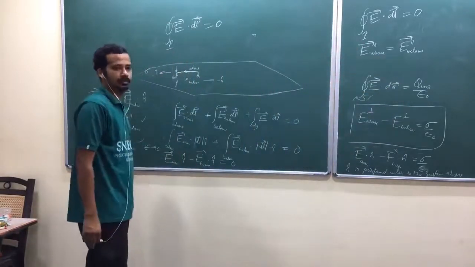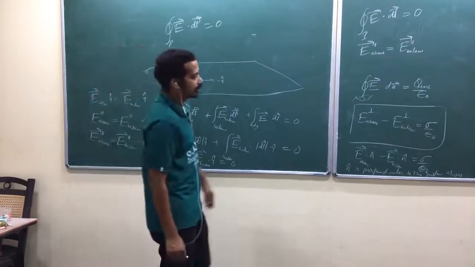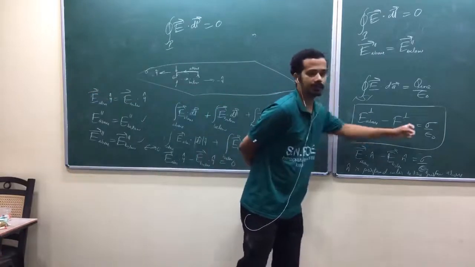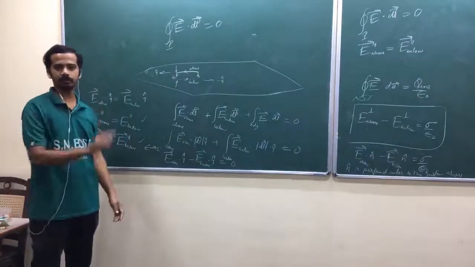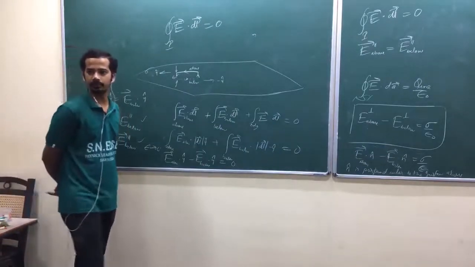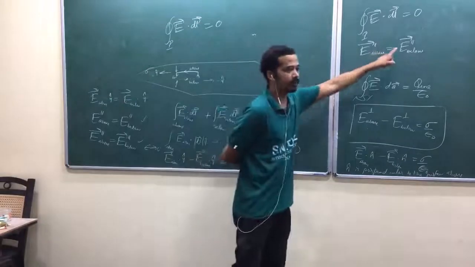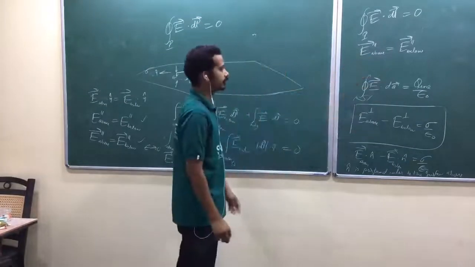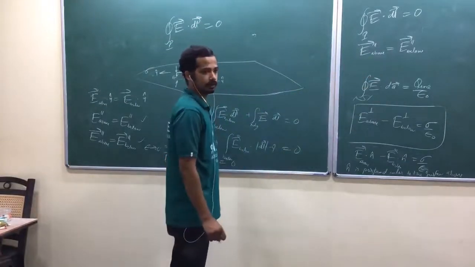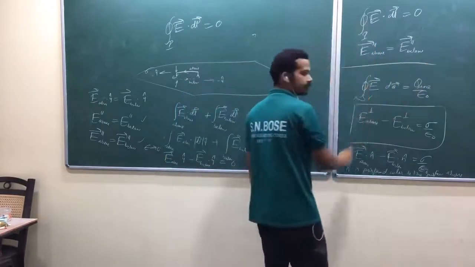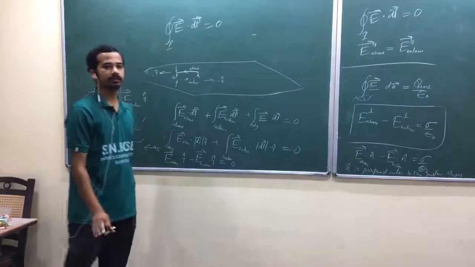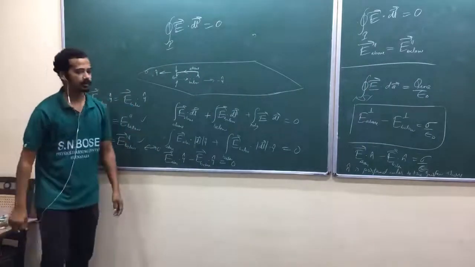Okay, so now look at here. Here that kind of question never arises, isn't it? Which perpendicular direction? There is only one perpendicular direction. But here the question will arise. That's why you have to write your continuity condition in terms of vector. Is that okay? So now this is a consequence of this equation. This is the consequence of this equation. Nothing different. Is that okay?